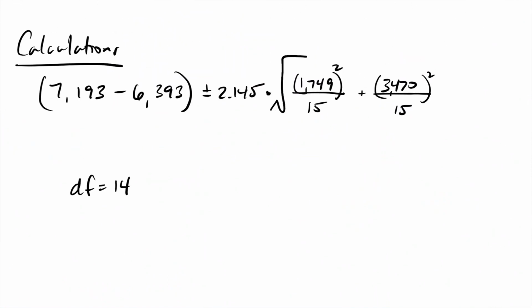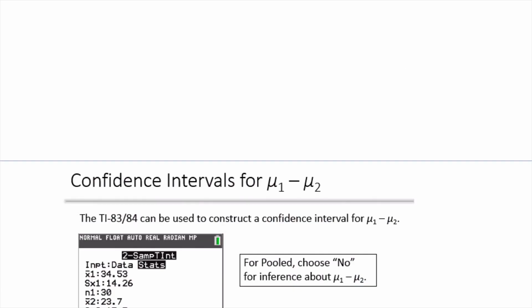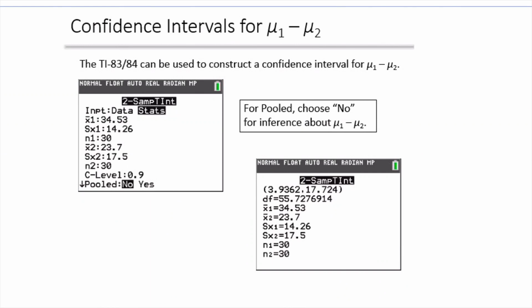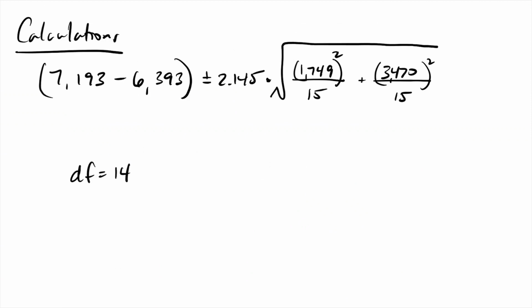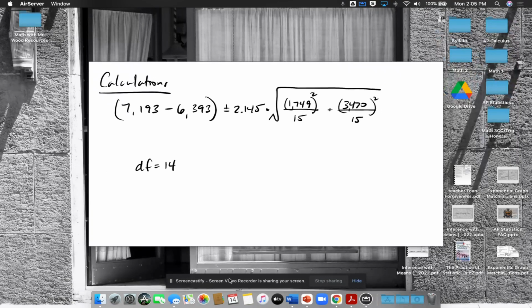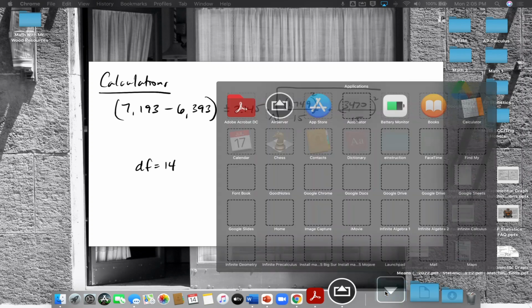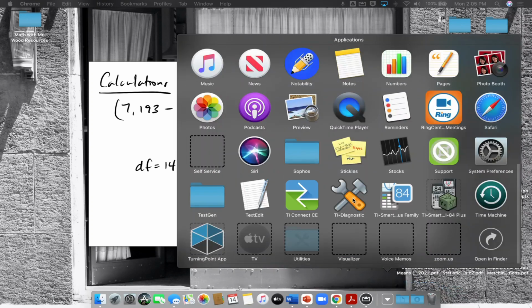Now from here, you can crunch those numbers. There's nothing wrong with that. It's just a lot of adding, dividing, multiplying, square root. Any regular calculator, any scientific calculator can do it. Or in the slide here, I show you the steps. It's the same steps we've been doing. The hard part is just which test do I choose from the list on my calculator. So the list on my calculator,